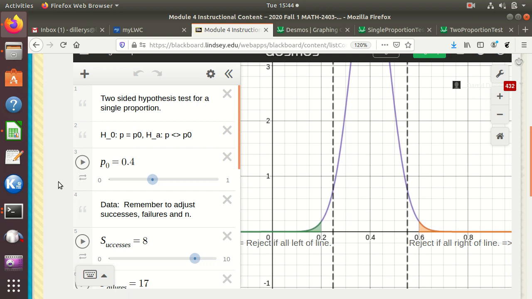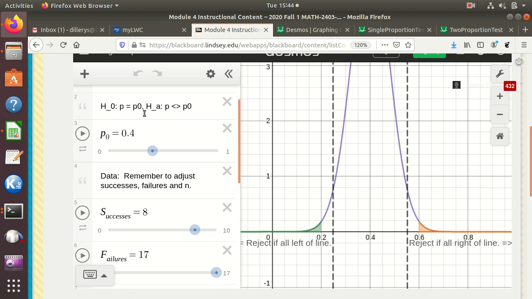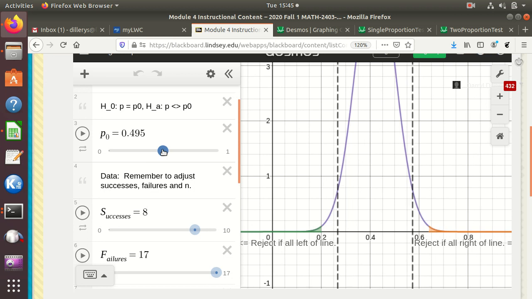And so we've got a 2-sided hypothesis test, and it says H0 is that P equals P0, and for the alternative I use a less than and a greater than as a not equal. They don't have a not equal sign in there. And so P0, if I went ahead and used the example we just did in class, again, we really shouldn't, but we've got data. And if we assume from last time that our P0 was 0.5,